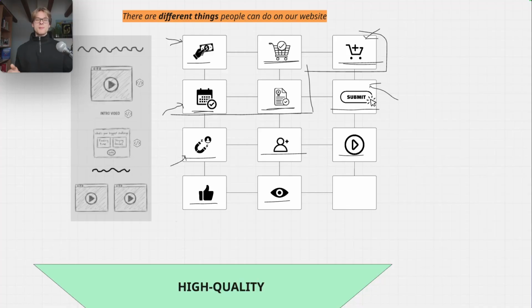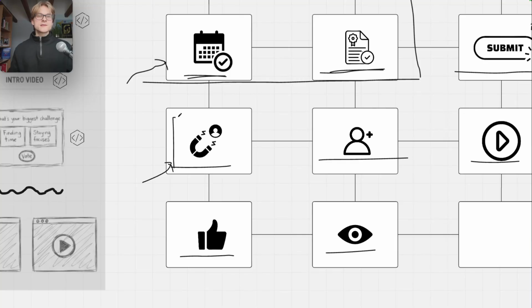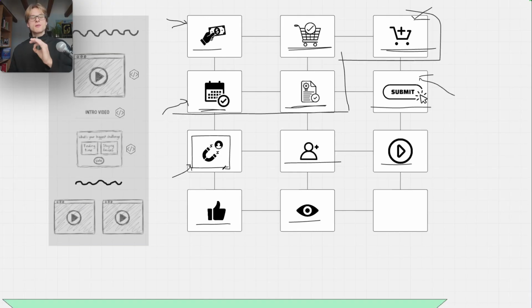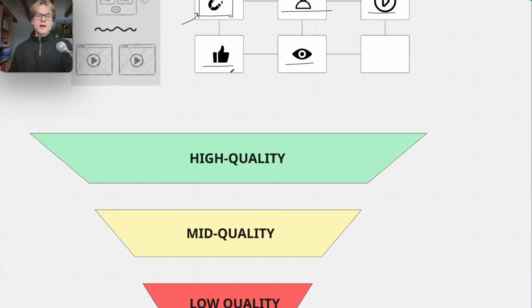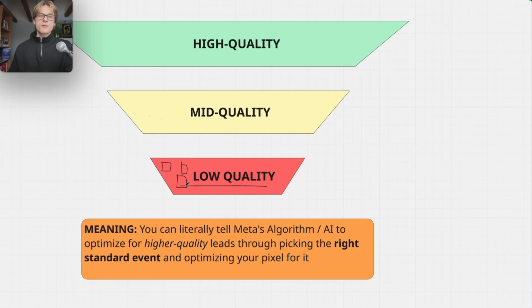You can literally tell Meta, okay, I want people who have purchased in the past, and I want to optimize for these people. I want to optimize for action takers only, for people who buy, okay? And compared to someone who only opts in to get a free lead magnet, which is essentially event lead, and why you shouldn't use it for your webinar campaigns. A lot of you might be doing this. You're telling Meta, okay, I want these low quality people who are looking for free lead magnets and free opt-ins. These are the kind of people that you're optimizing for if you optimize for lead.